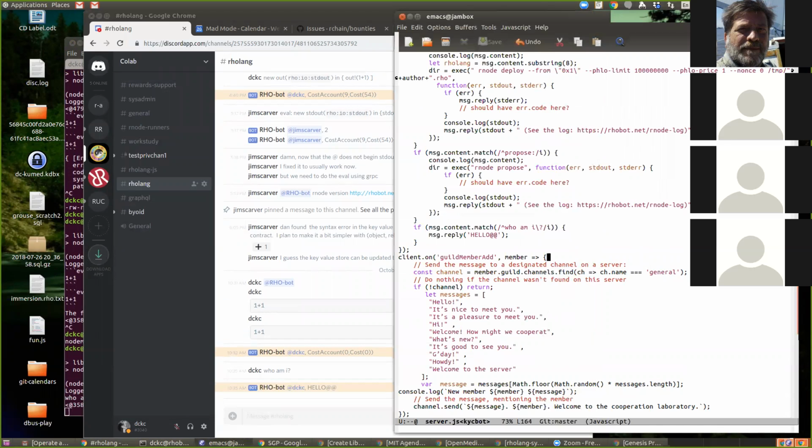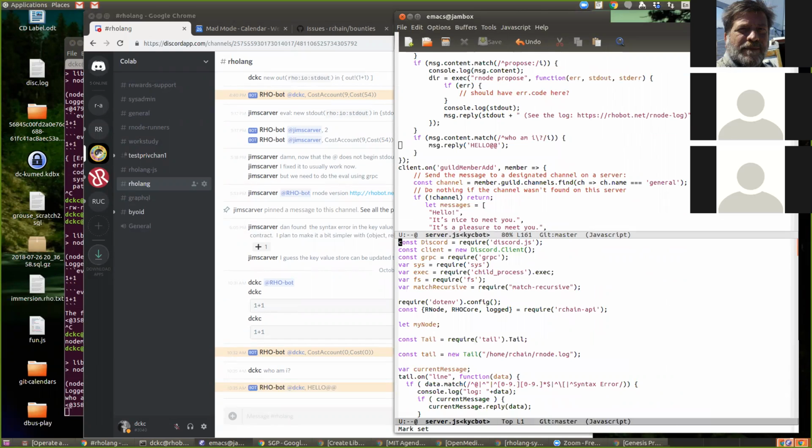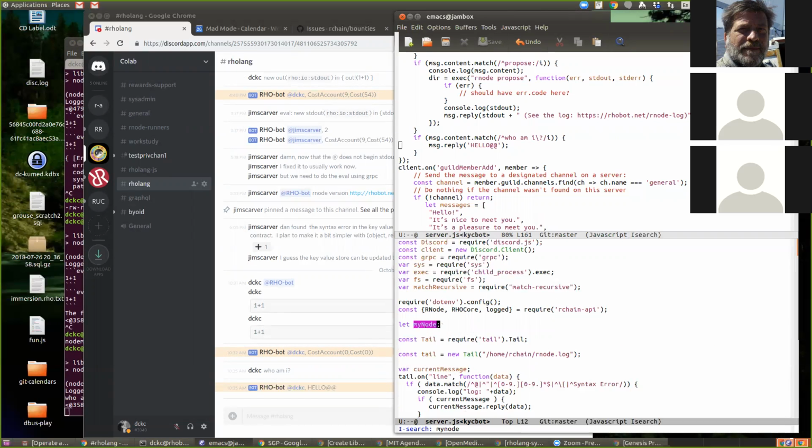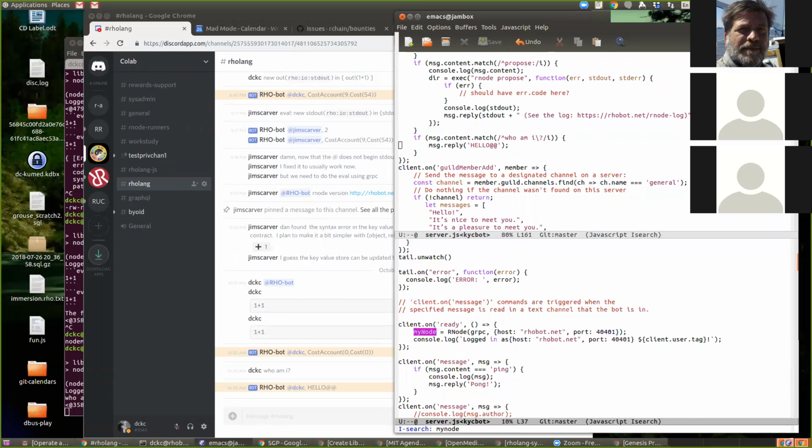Yay, look at this code that works. Okay.